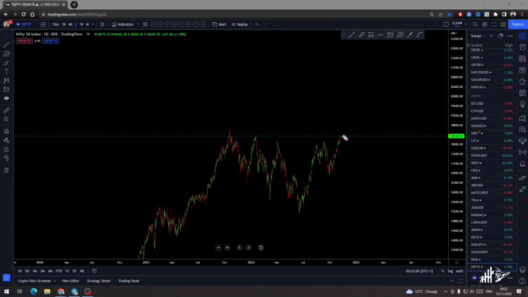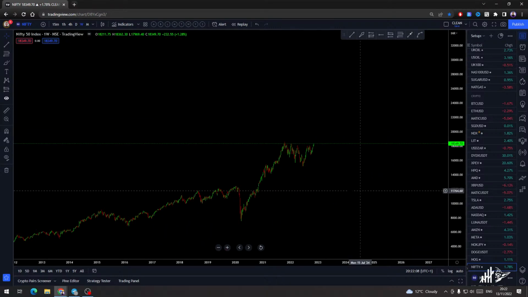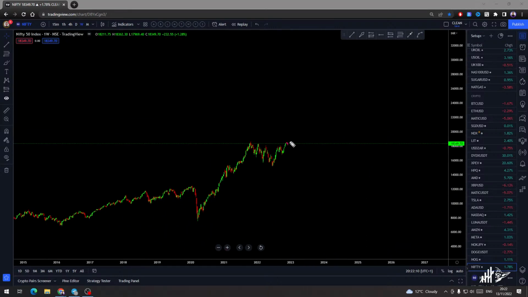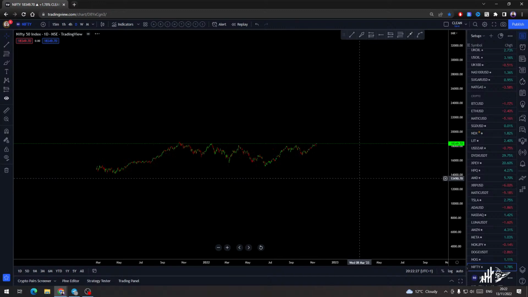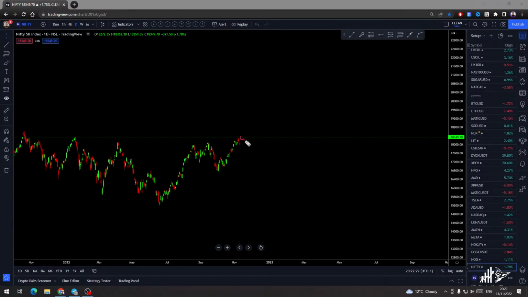For now it's going up, so on any correction you can buy, but not for long term. That's not going to go far. So correction buy, take profit, correction buy, take profit. But for now it's going up, something like this. 1 2 3. It can go up. So watch for buy stops on a lower time frame, definitely.